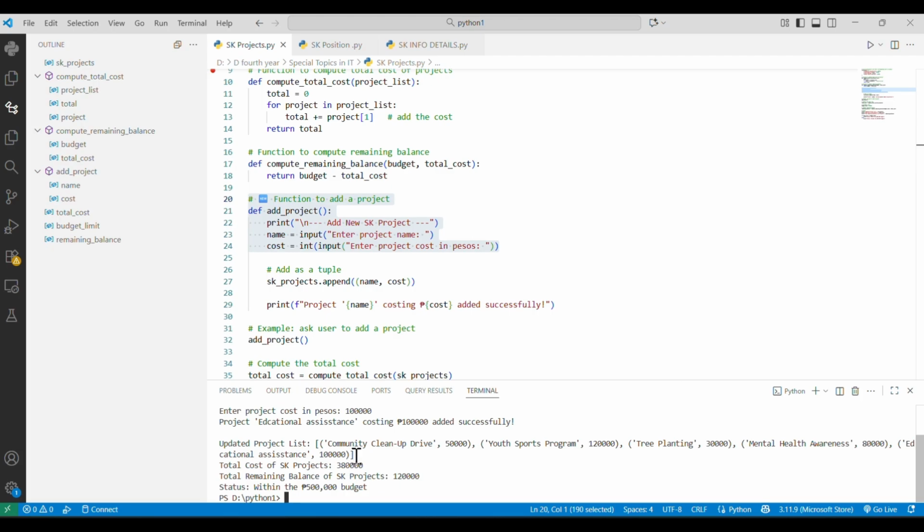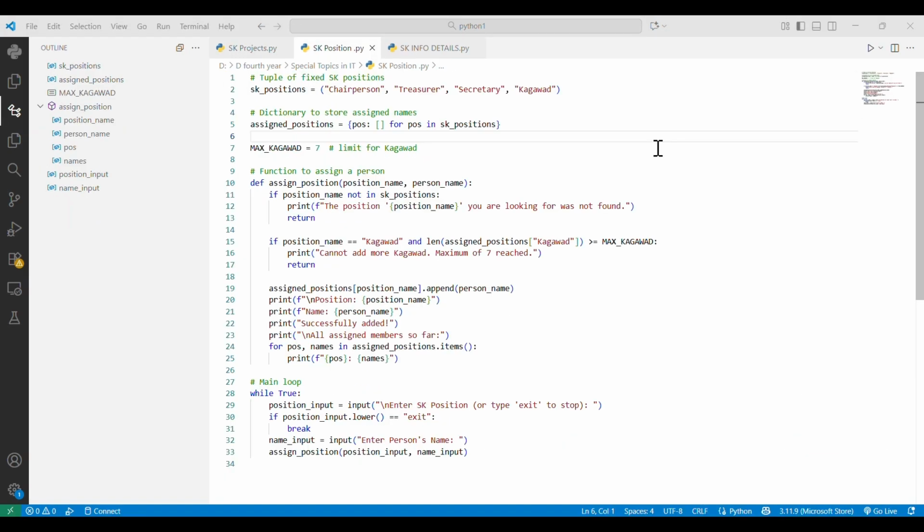So we successfully added our new project. The total cost of SK project is 380,000. Total remaining balance of SK project is 120,000. Status: within the 500,000 budget. It is within the 500,000 budget. So this is how it works, sir. Thank you.